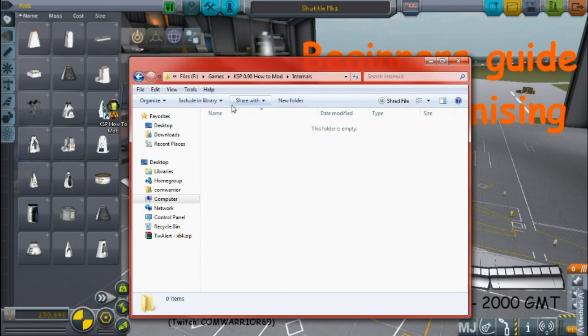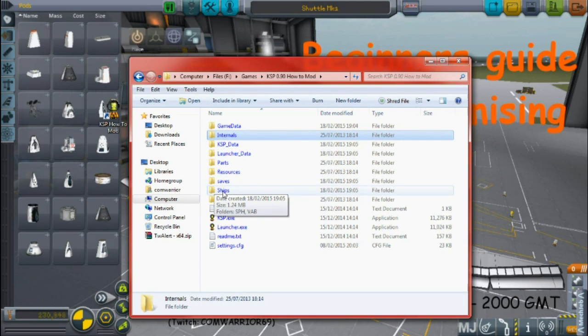Internals is empty. Just like with ships, parts and resources, those three are a duplicate directory. They're going back to the old days of KSP, like pre 2.3.5. So for the moment we're going to leave them as they are, completely empty, or at least they should be